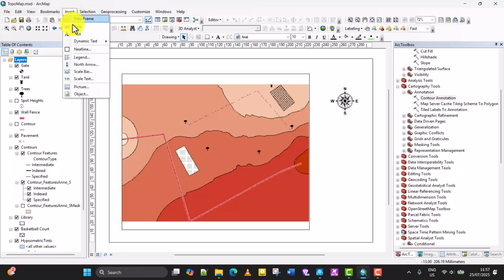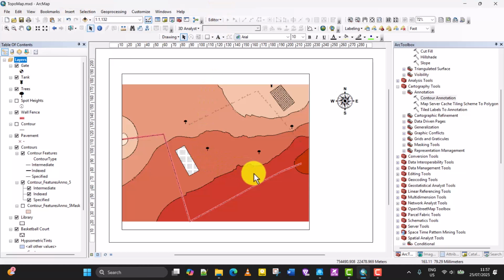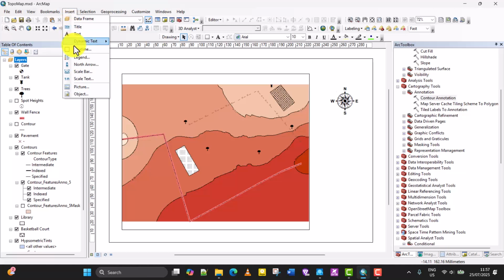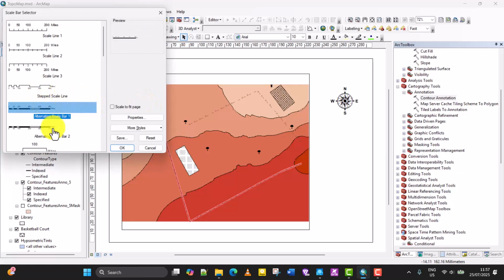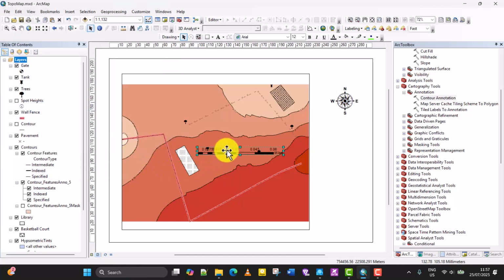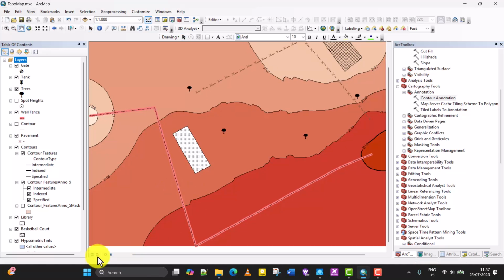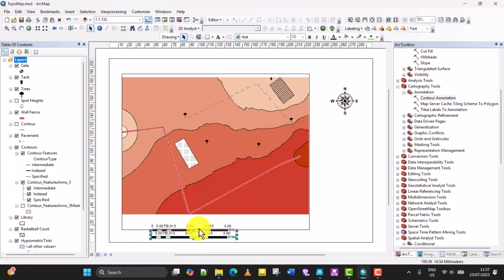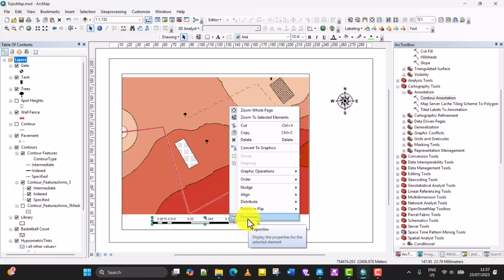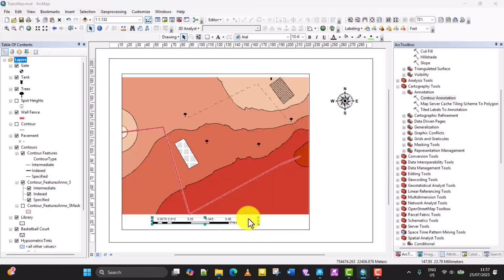Let us just finish this one. So you're also going to add a scale bar. I'm going to choose this alternating scale bar and then OK. I'll drag it somewhere here, perhaps there. There is too much space inside this map, so I'm going to drag this a bit. I want to station my scale bar there. So you put it there, and then select it, right click on it, go to its properties,